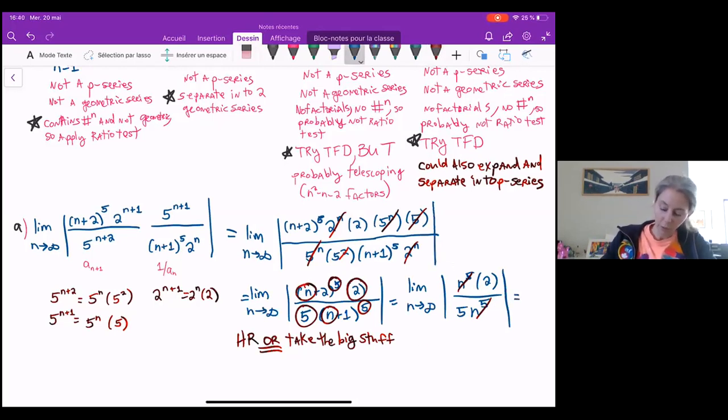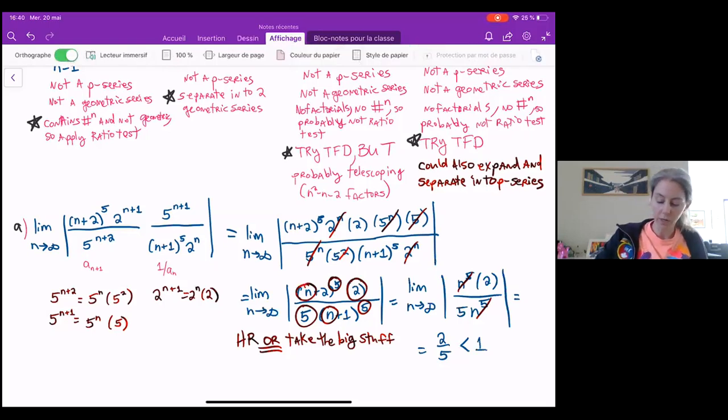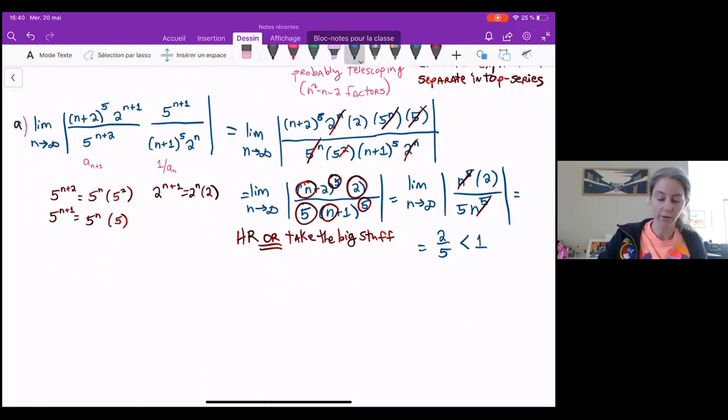So it equals 2/5. For the ratio test, we're always comparing to 1. So 2/5 is less than 1. So what does that tell me? Does this converge or diverge? You got it. So this converges